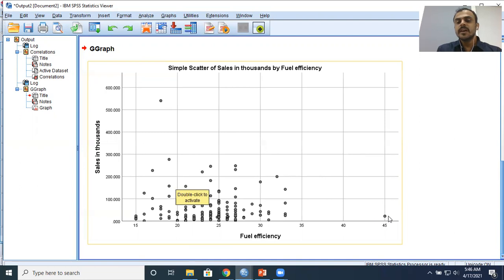And you also see close to your x-axis, there's another extreme case, which is isolated, and it is not part of the crowd here. You have a crowd of data points here, but this particular value has its own distinct identity. It's extremely large, close to 45. I see a big value, and close to my y-axis also, I see a very distinct value. So this gives a clear indication to me that there are outliers in your data.